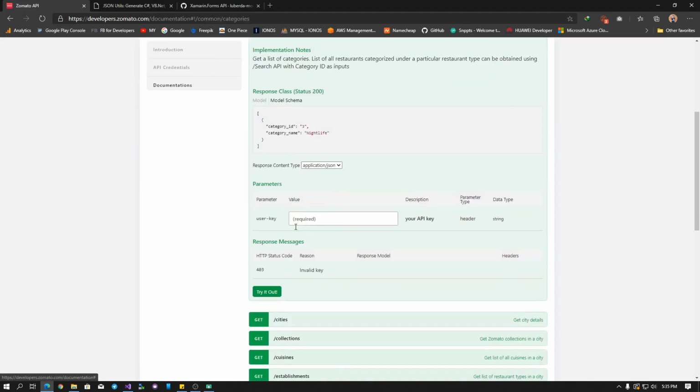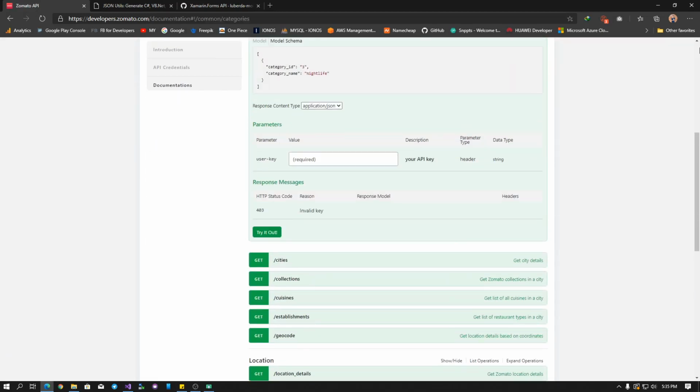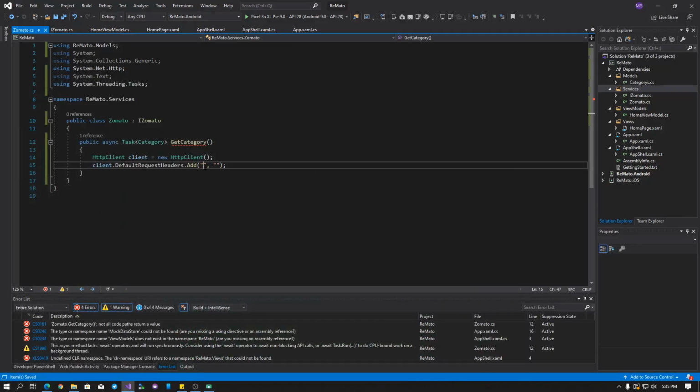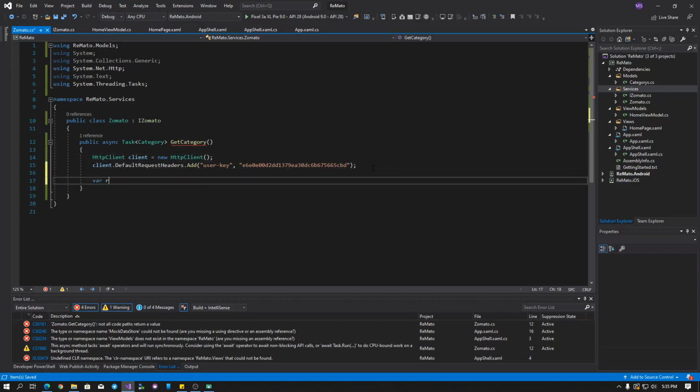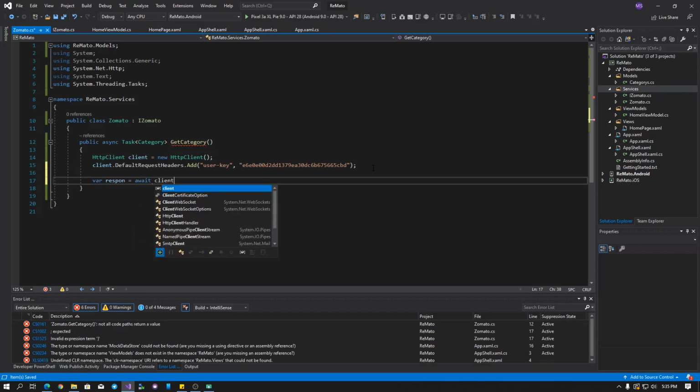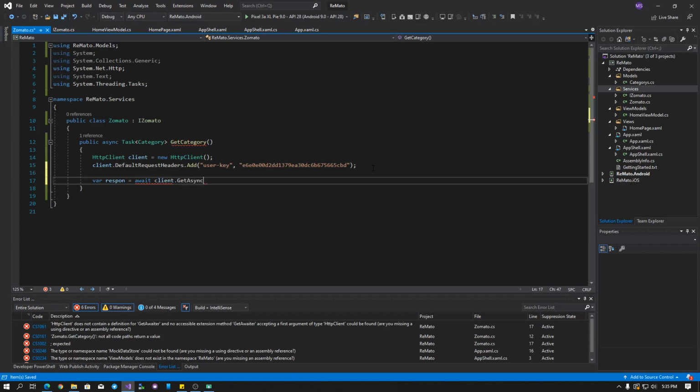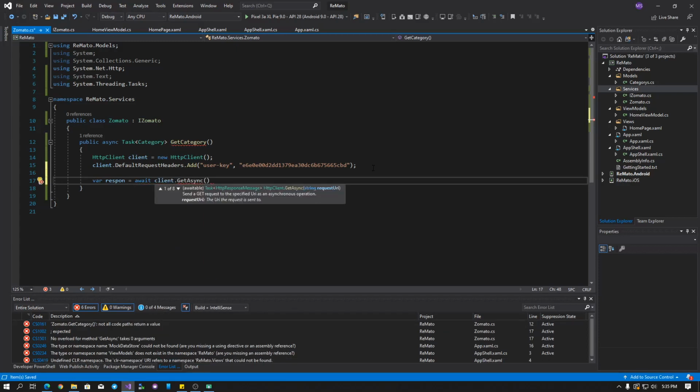If you can see, we need to pass the user key. So let's pass the user key, and then make a response variable, await client for get async, and then pass the